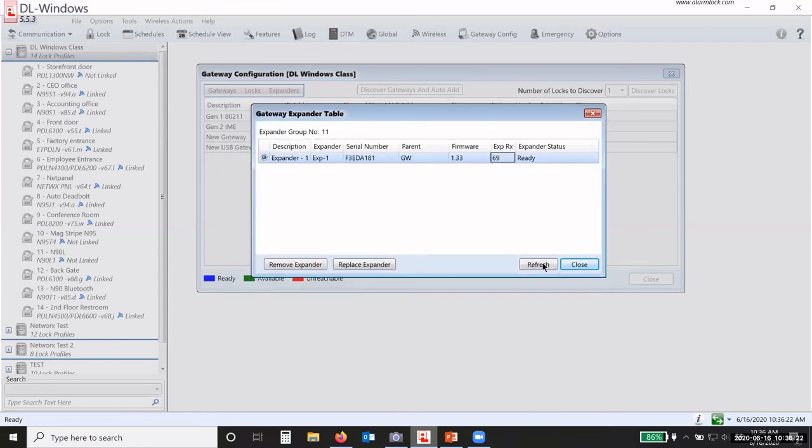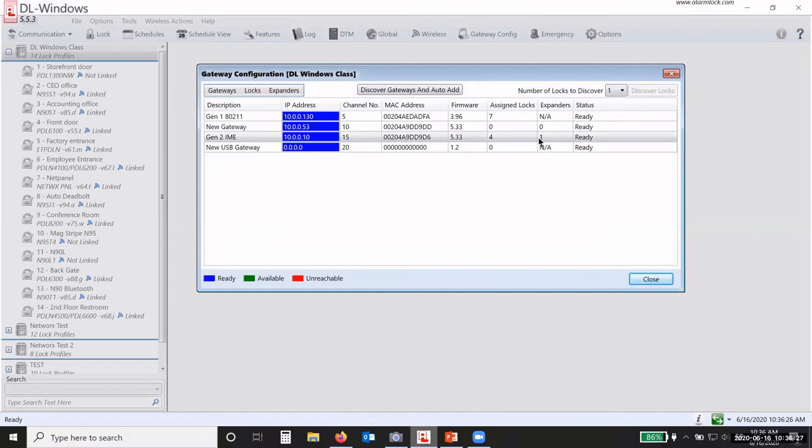So if I click on just refresh and then click close, you see now that because of the channel numbers, it's moved my number 2 gateway down because it tries to keep the order in channel number. But you can see now it's added that expander to that gateway. Really easy, really simple to do. Okay. Now,